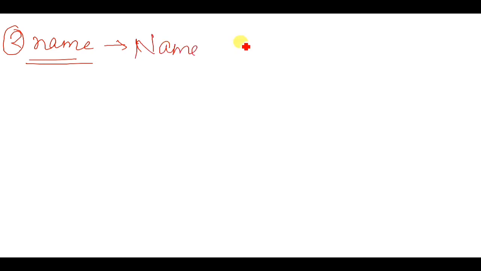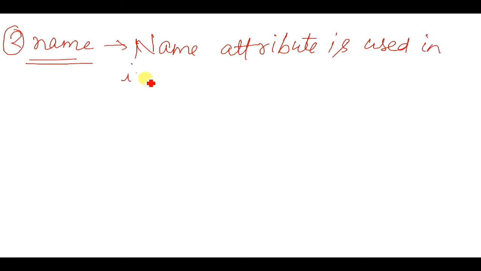Now student, the next attribute is the name attribute of the anchor tag. Student, the name attribute is used only in internal linking. So it is used to specify the name of the location of the subsection where your document or content resides in the same web page. It is also called, student, target fragmentation. So the name attribute is used in internal linking.